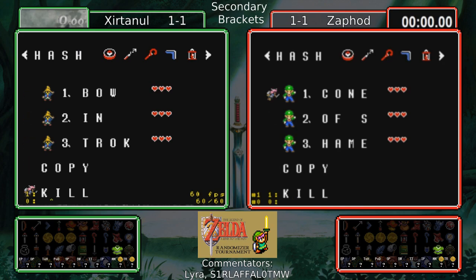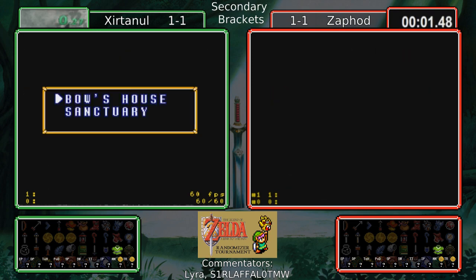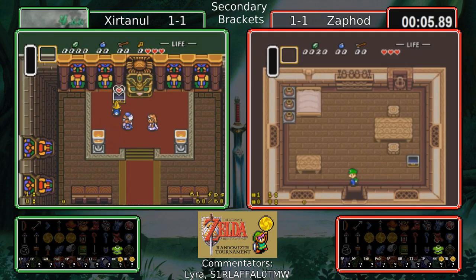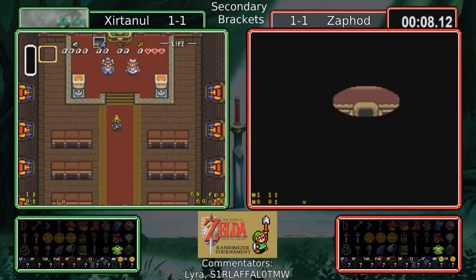Laser Bridge and T-Rock. Well, that wouldn't be too bad. I mean, we got Xirtanul over here saying Bow and T-Rock. They've had, I think both of their races have had Bow in the T-Rock. But we'll get back to that later as both runners are on their way and going different ways with a